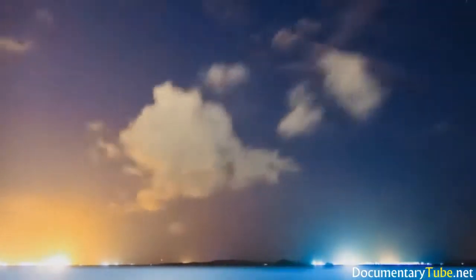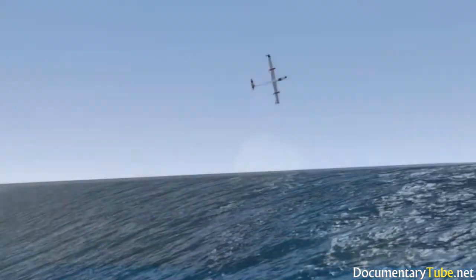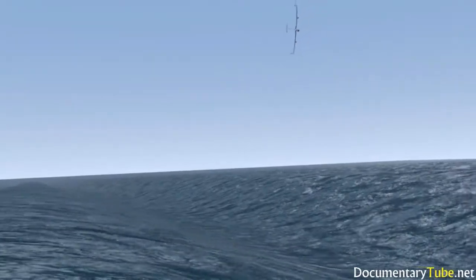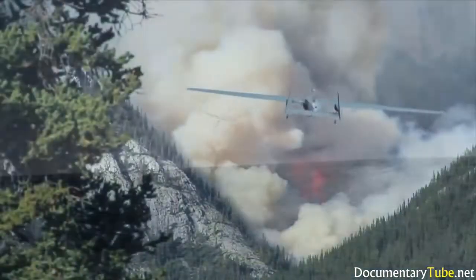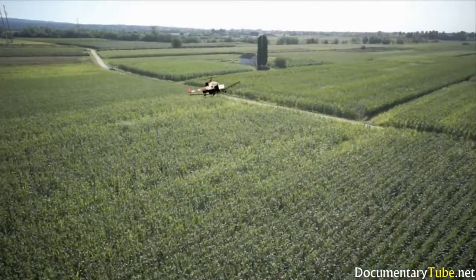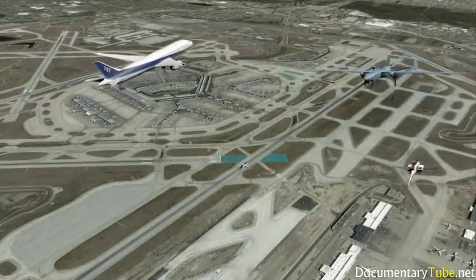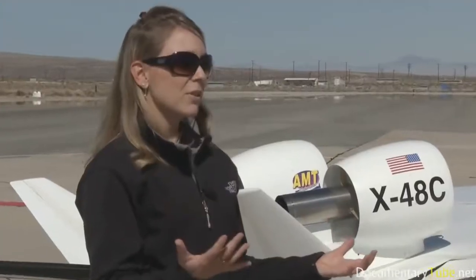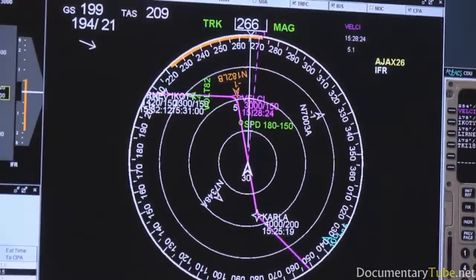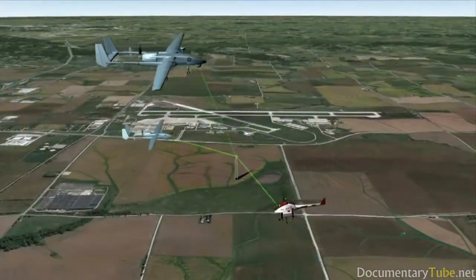When the integration is complete, many of the so-called dull, dirty, and dangerous missions will be turned over to these UAVs, paving the way for a new, safer way to monitor important tasks. We are not there yet, but it's clear that the UAS challenges that have been laid out are daunting. It is also clear that the brilliant men and women of NASA are rising to the challenge as only NASA can. Thanks to their pioneering work, we will soon have a new type of tool available to humanity that will almost